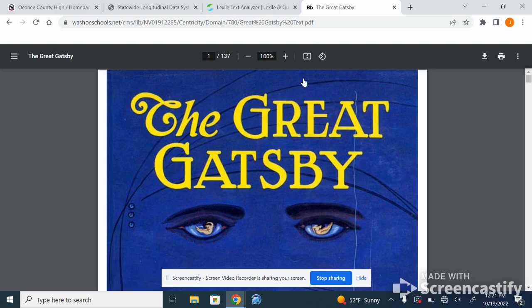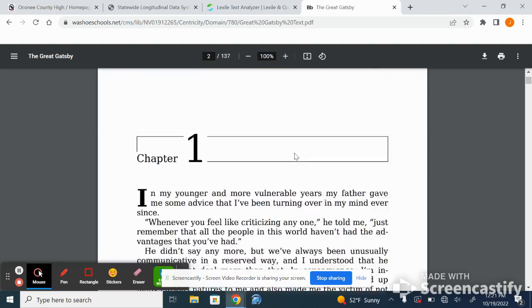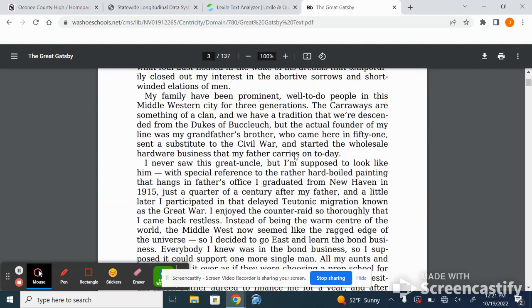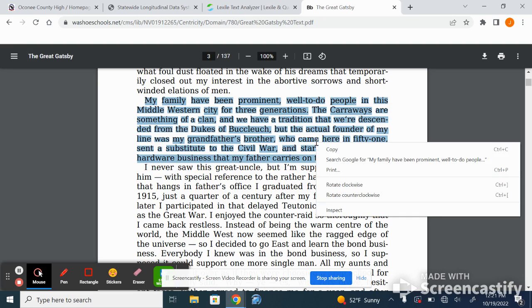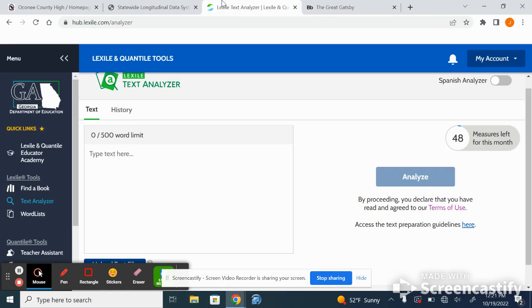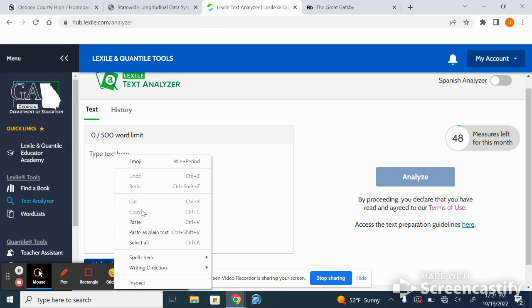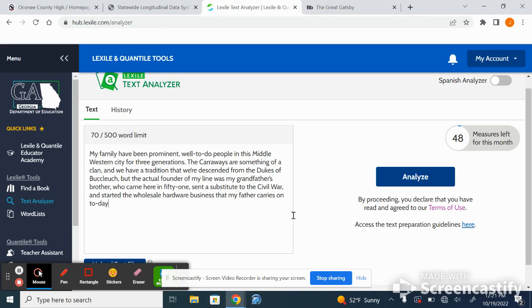So let's say that I'm reading The Great Gatsby by chance. I found a PDF copy online. I'm going to scroll down here. I'm going to find a paragraph that I want to analyze. So I'm going to copy and paste this right into this analyzer. So let's copy that. Come back over, I'm going to paste. Now I get 50 of these per month. You can see I've already done a couple over here on the right hand side. But you get 50